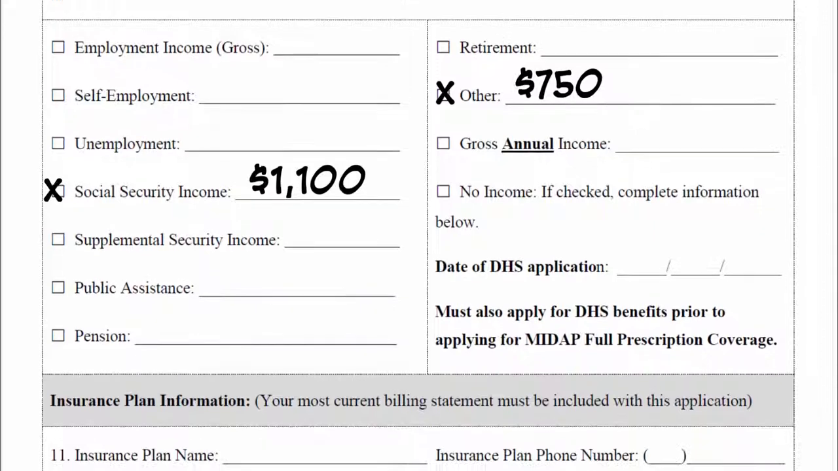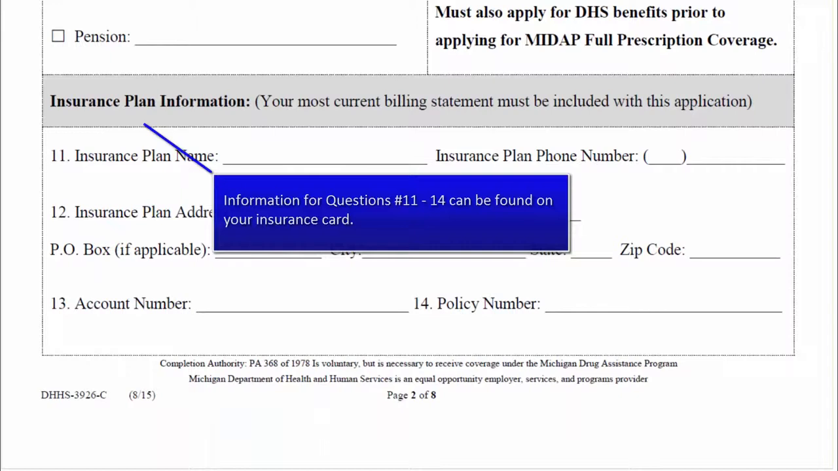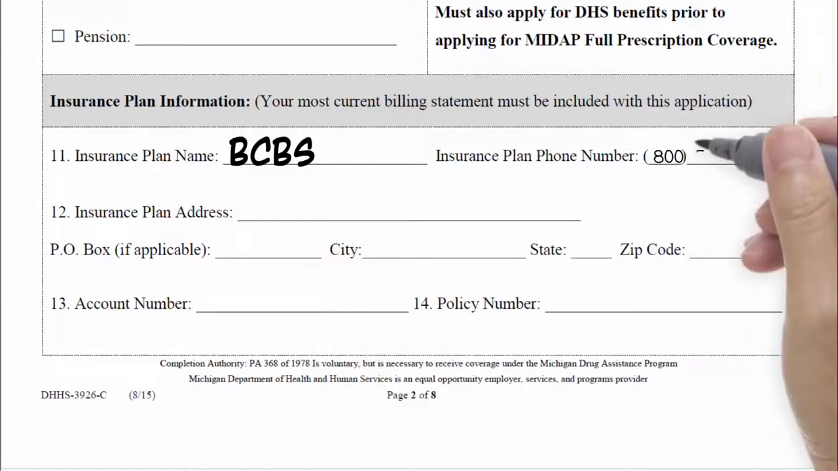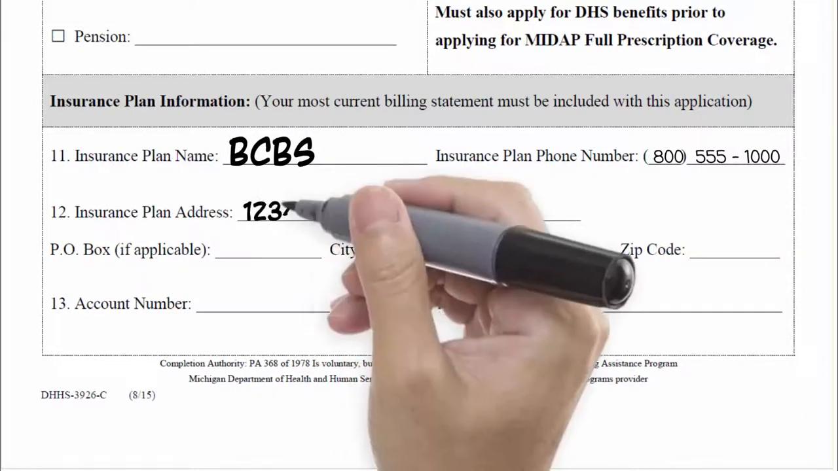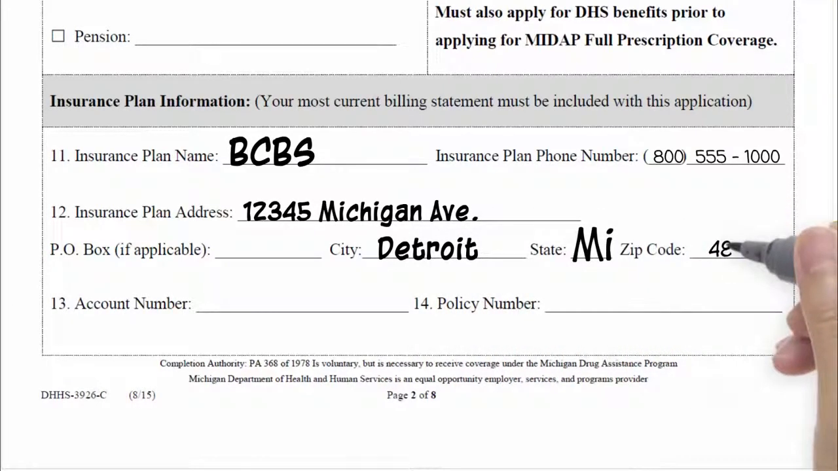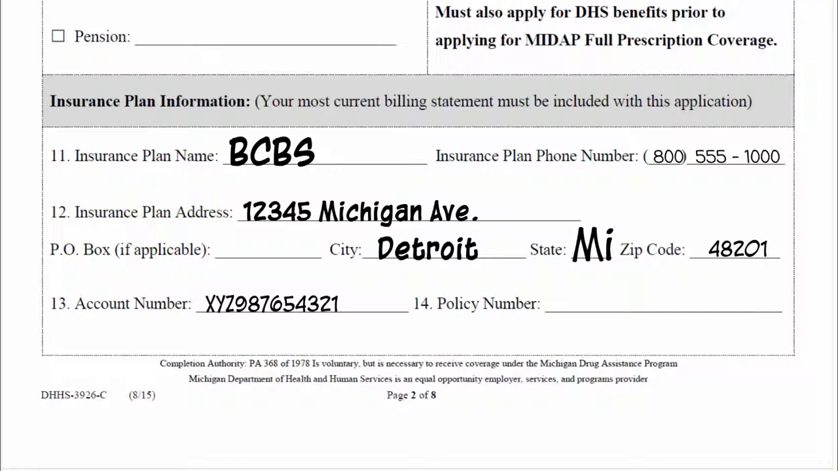The next section of the application asks information about your insurance plan. You should be able to find all of this on the back of your insurance card. For question 11, write the name of your insurance plan and their phone number on the space provided. Number 12 is where you write in the mailing address. Write down your account number for number 13 and put your member ID or policy number on the space provided